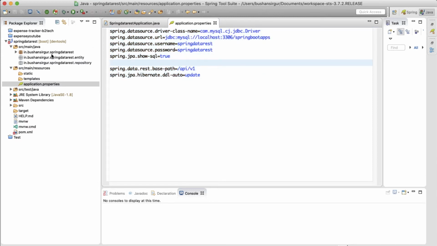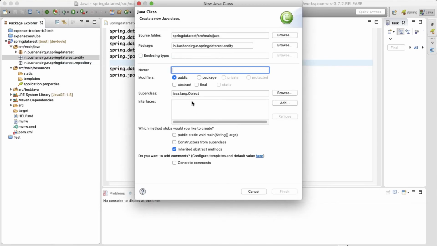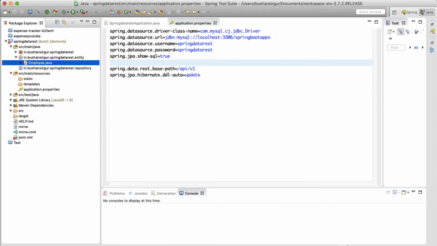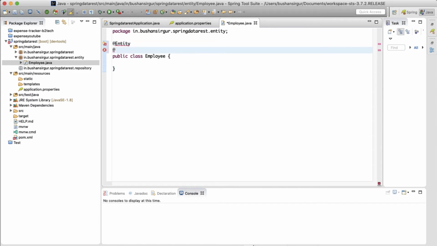Now let's go to the entity package and create a new entity. The entity name is Employee. So at the top I'm going to add a few annotations. @Entity, so we are telling that this is the JPA entity, so we are going to map this class with the database table, and we are going to add the @Setter, @Getter and also @ToString.